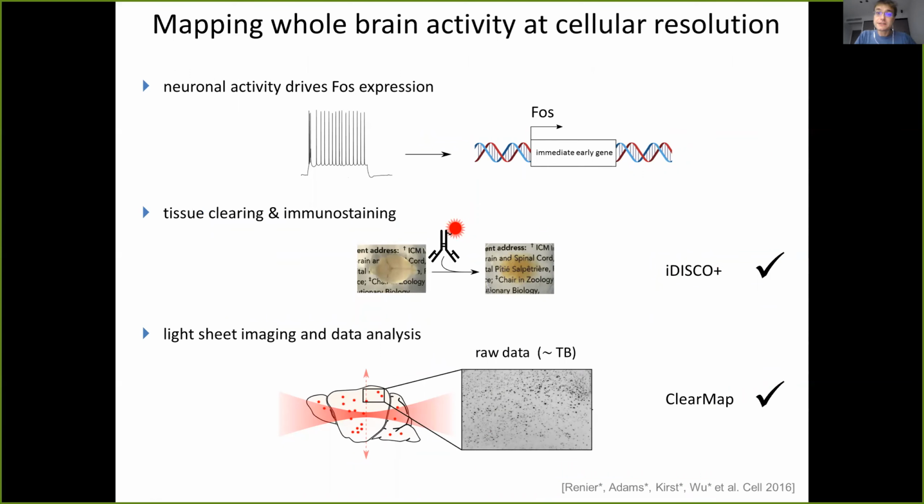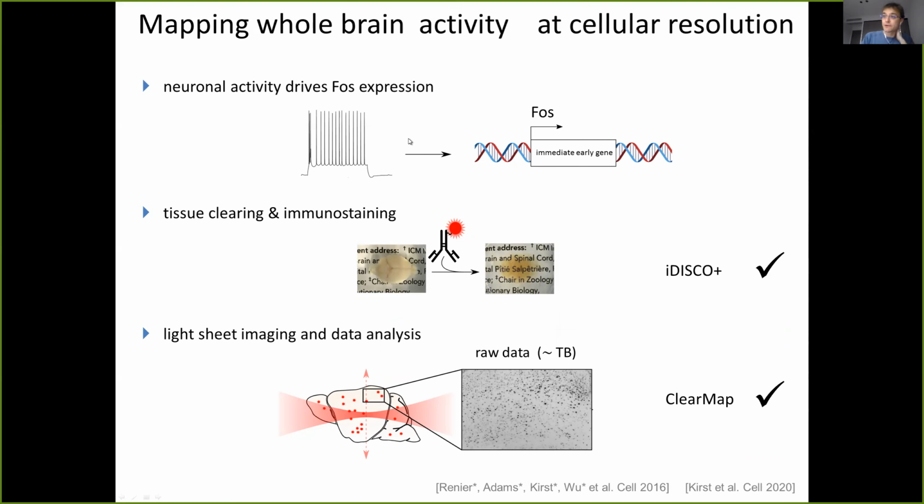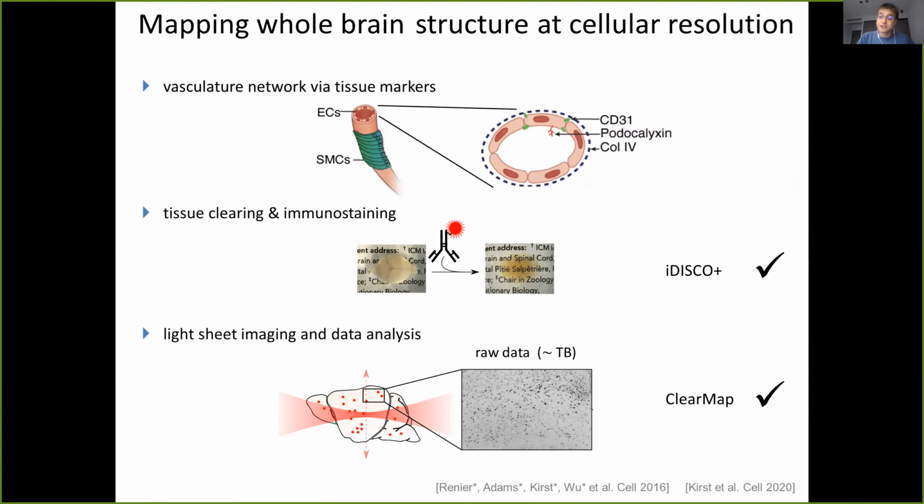Okay, so this pipeline worked nicely to map activity on the whole brain at cellular resolution, but there's no reason not to map other things like brain structure, which is the second project I'd like to introduce in the remainder of the talk. So instead of mapping activity like we did in the beginning, with particular FOS markers, we now decided to map the vasculature, because the vasculature is also quite a sophisticated anatomical structure in the brain, and also involved in activity measures like, for example, fMRI. The BOLD signal is completely reliant on the blood flow and blood oxygenation level. So the structure of the vasculature will have a strong effect on these measures as well. And that was another motivation to go in this direction.